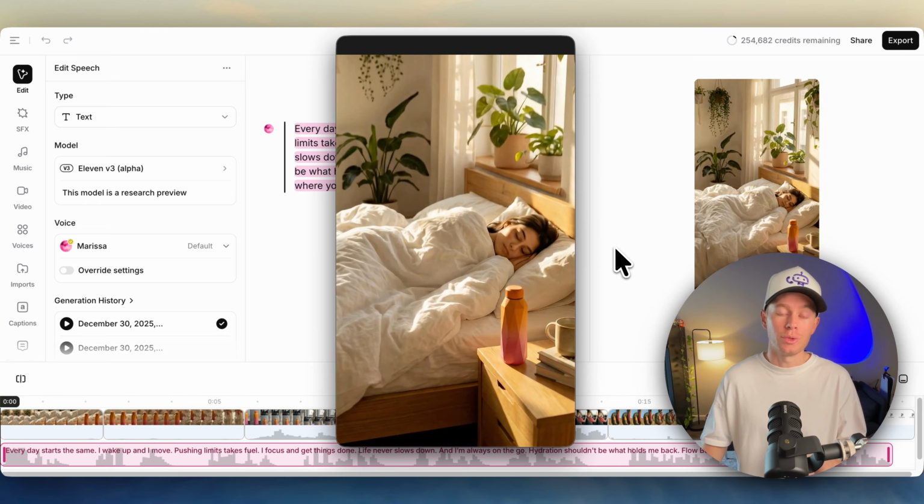So really quick, I want to show you this ad that I made for Flow Bottle. It's just like a Hydro Flask, like a reusable water bottle. So let's watch this really quick. This is what I generated using Google Veo 3.1 inside of ElevenLabs and using one of ElevenLabs voices for the